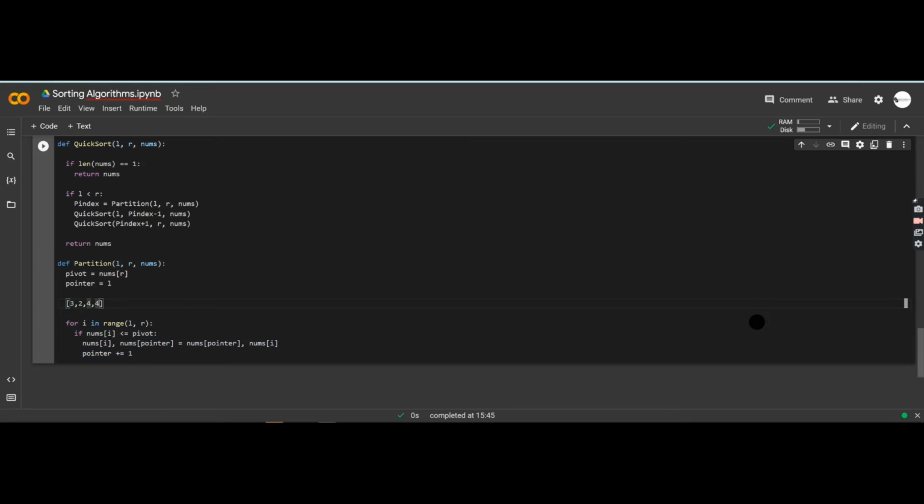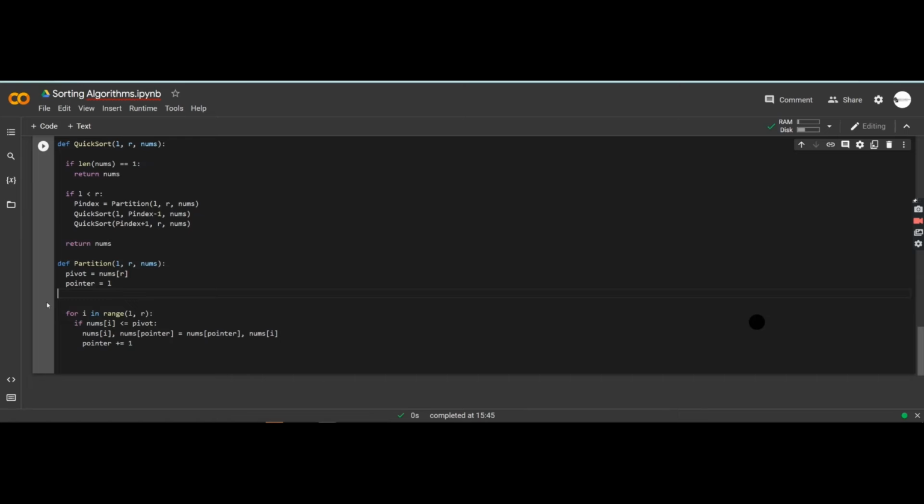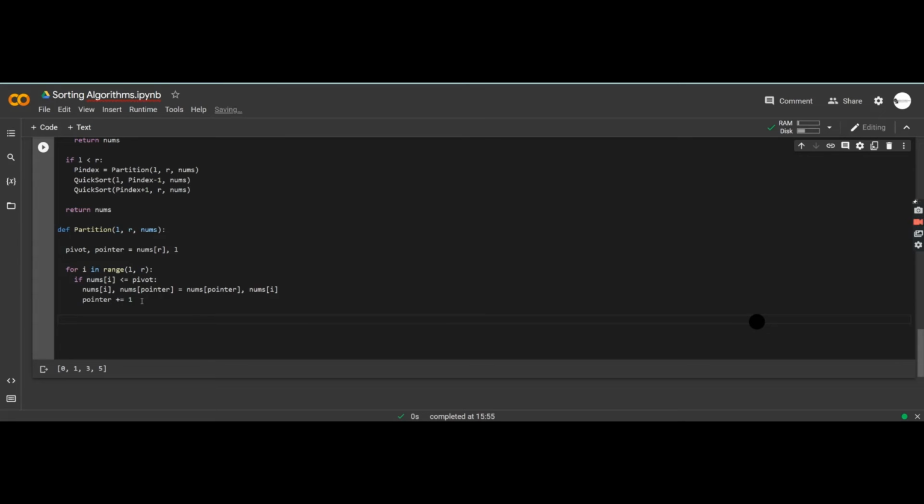But you see where the pivot is. We need the final step. Okay? We're going to need the final step. So what we need to do now is that, since we have made sure that all the elements smaller than the pivot are on the left side, and all the elements greater than the pivot are on the right side, the only thing left is to get the pivot to be in the middle. So how can we make it to be the mid value? So we just need to say,